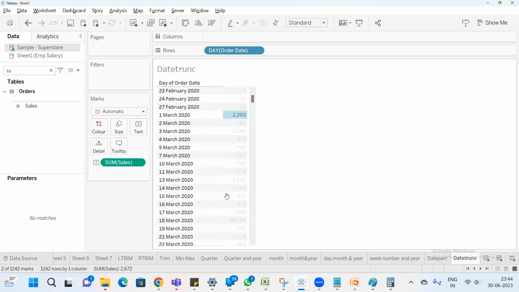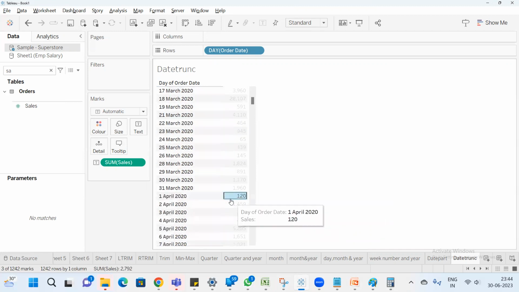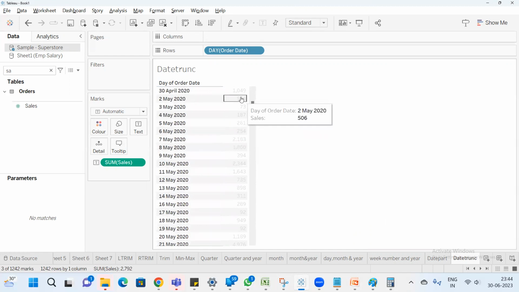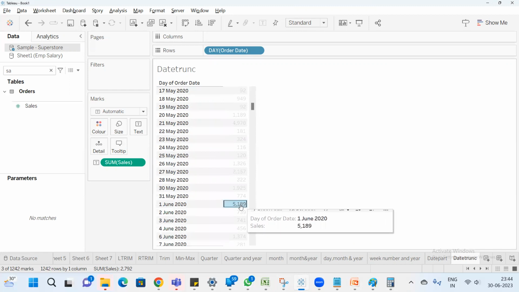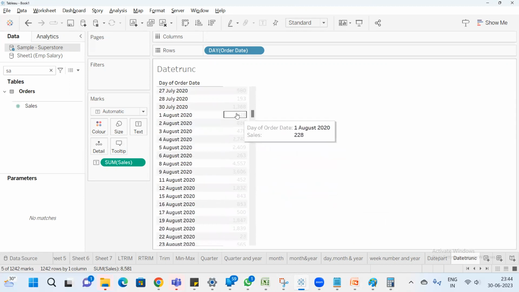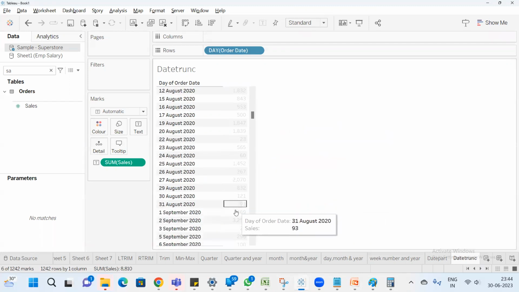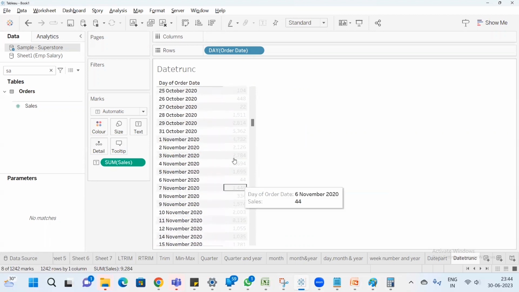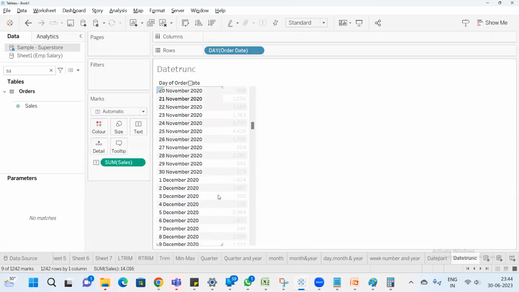So 1st March 2020, 1st April 2020, 1st May is also not there. There is no entry for 1st May, 1st June, 1st July, 1st August, 1st September, 1st October, 1st November,